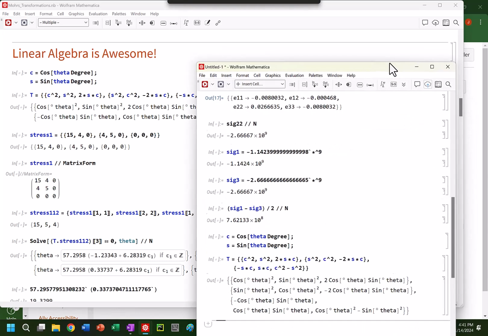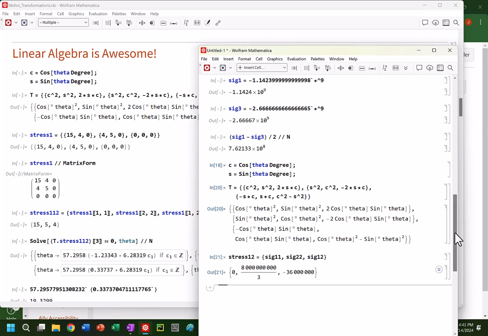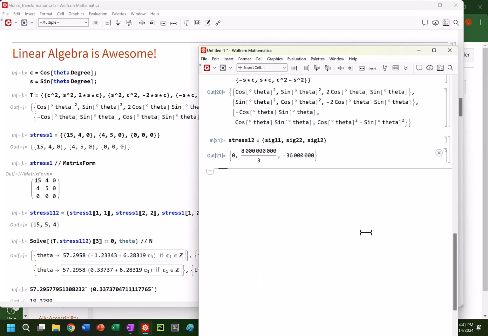Actually, we can jump up here. So I need to set up my plane stress state. So my stress in the 1, 2 plane is going to be equal to, I need sig 1, 1, sig normal, and then shear stress. So these would be my values. So now if I want to find the rotation, T dot my old stress 1, 2 will give you